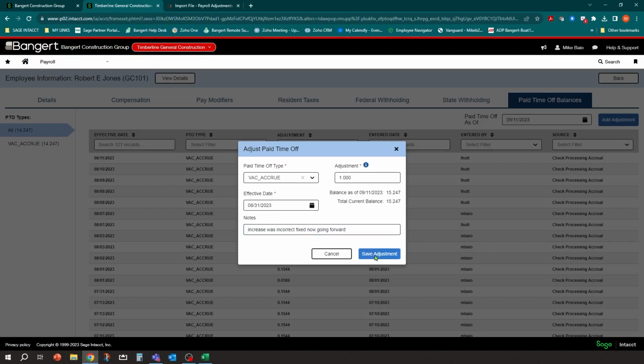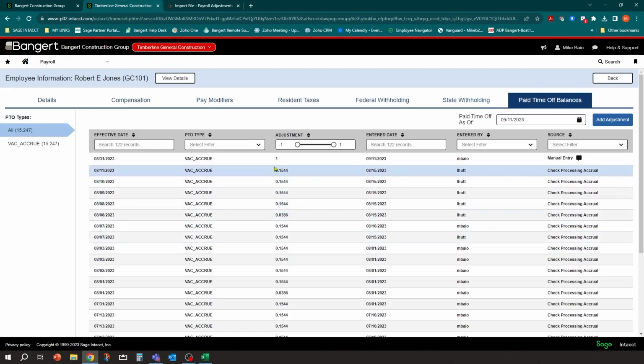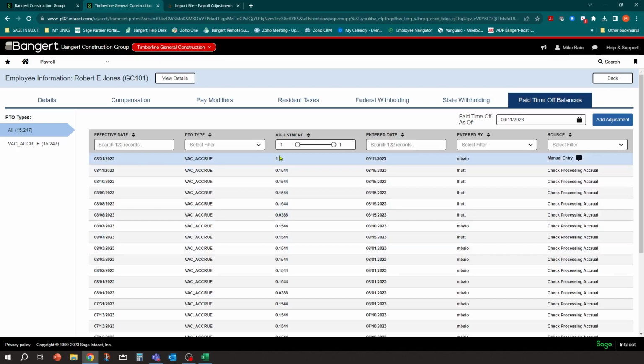Okay, so we would save the adjustment. You'll get a transaction record on there right here, 831-1. It was a manual entry, and you'll notice you get the note right there as well. So this is a fantastic little feature. You can go and make it correct, run your reports on this next pay stub. It'll show the correct accrued hours and so forth. So this is very flexible here and definitely really enhances the PTO calculations that are in Sage Intacct Construction Payroll to begin with. But if you need to make adjustments, that's where they are again in the employee file under the paid time off balance, add adjustments.